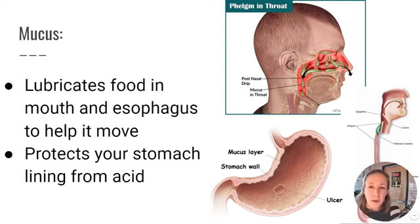Mucus, an important part of your body. I know you sometimes sneeze and have to blow it out if you get too much accumulating in your nose, but it also lines your throat and your esophagus, and that helps move your food. It lubricates the sides of your mouth and your esophagus so it's not dry, so that food slides down really easily. Additionally, it's found in your stomach, where it protects your stomach lining from acid, because if you get too